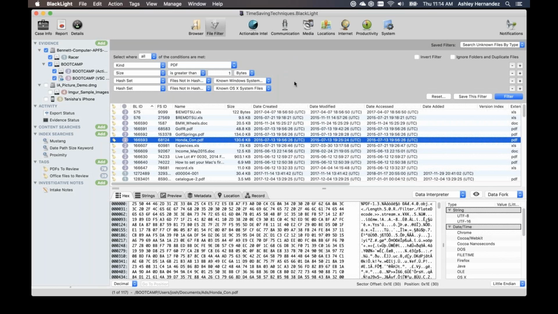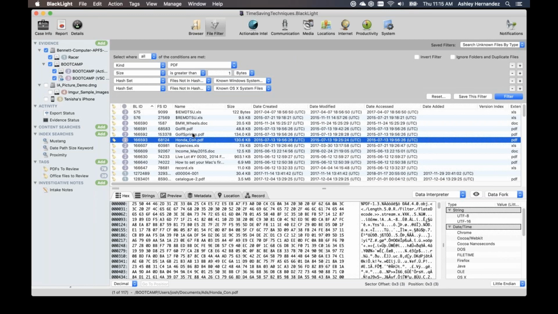So when I look at these PDFs here, I can see that I've chosen to look for anything that is a PDF, not by extension, but anything after signature analysis that's been shown to be a PDF. I want to make sure it's not an empty PDF and that it's not an already known file. So I don't want to see things that are known files. So I'm saying all of these conditions are met. It's a PDF, it's not empty, and it's not part of the Windows or Mac operating system. So the first thing I could do with those, you can see there's 117 here.